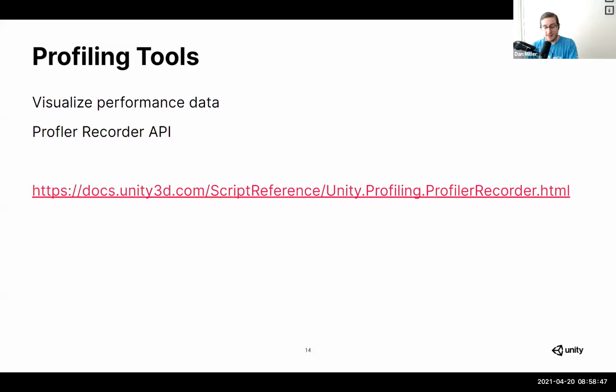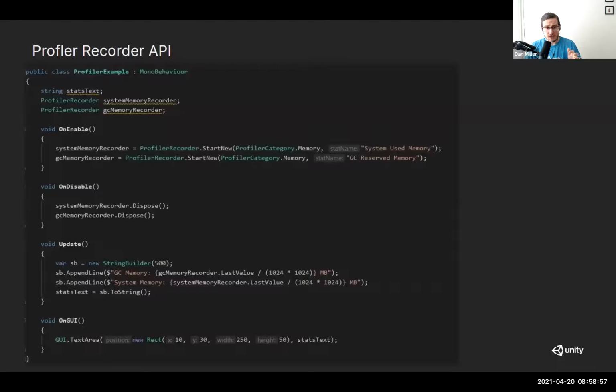We've also added a lot of additional APIs, so you can get different kinds of performance data. So there is a Profiler Recorder API. Here's the documentation link. What that looks like is it allows you to create these profiler recorder objects. You can then start them. Here we're doing that in OnEnable, and you have all the different profiler categories that are available in the profiler, and then you pass in these stat names.